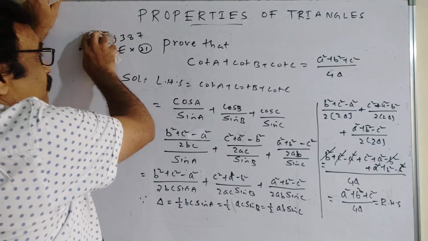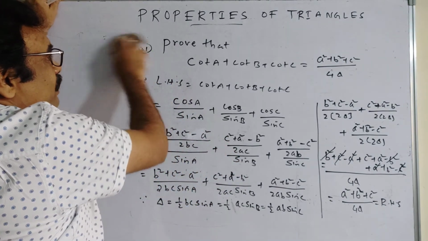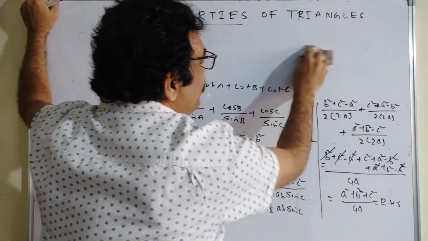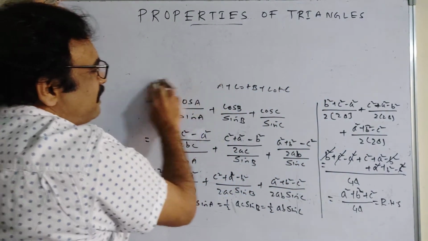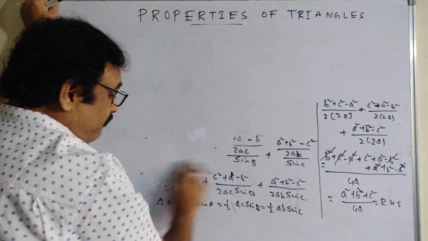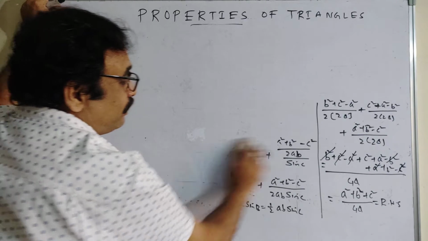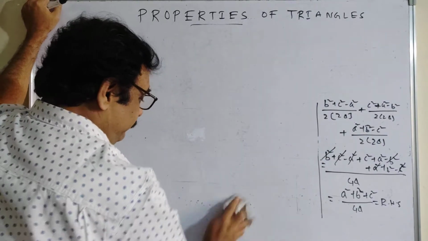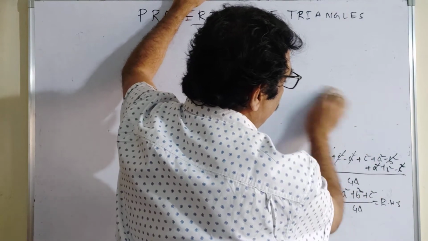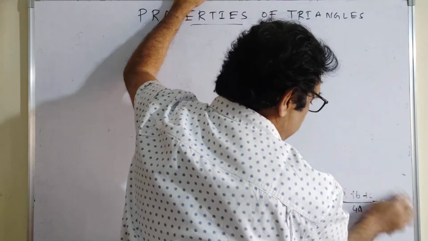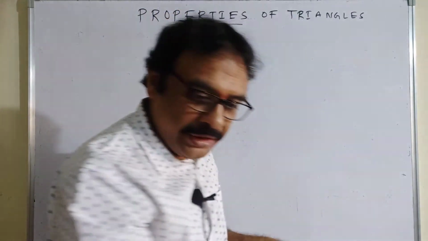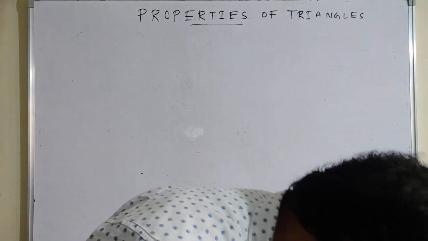I'm going with the next one, and you can simultaneously write into the book, and I'll be going through what is going to be the next one. Now, the next example is, I'll be erasing first, then I'll be moving on to the next problem. Right, boys. This is there.